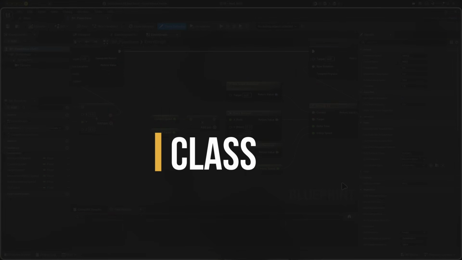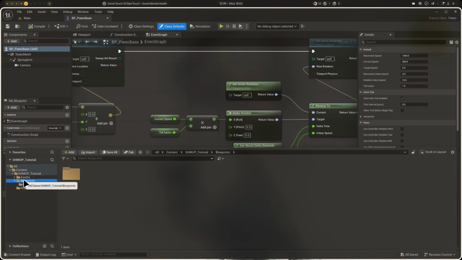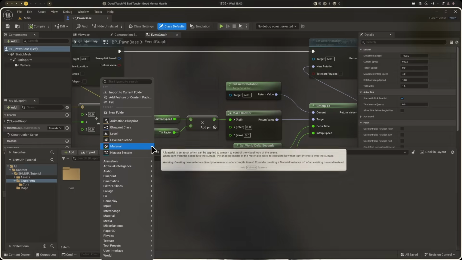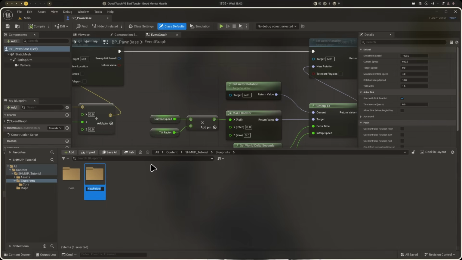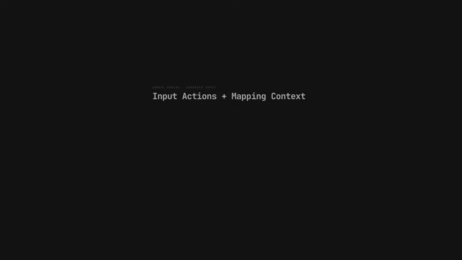The first main difference is the enhanced input system actually has its own set of classes. So navigate back to the blueprints folder, right-click in here or press Ctrl-Shift-N to create a new folder, and we'll call this one Input. Enhanced input splits things into two parts. We have our input actions, which defines what can happen, things like fire, move, restart. And then we have something called input mapping contexts, which define which buttons trigger the previously mentioned actions, providing a